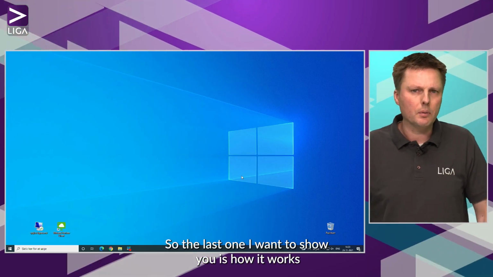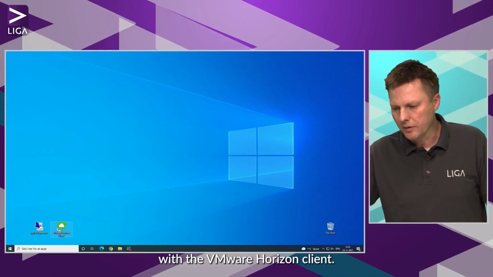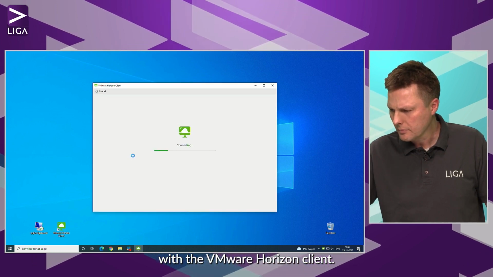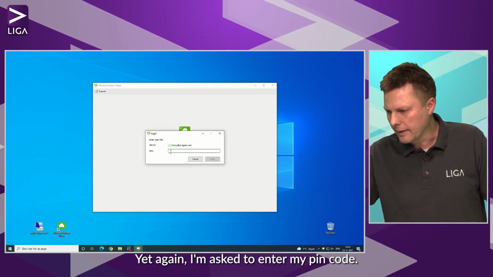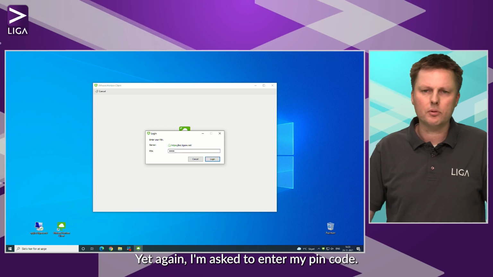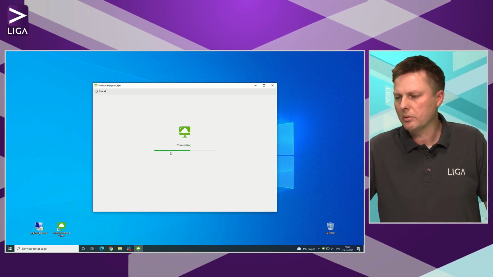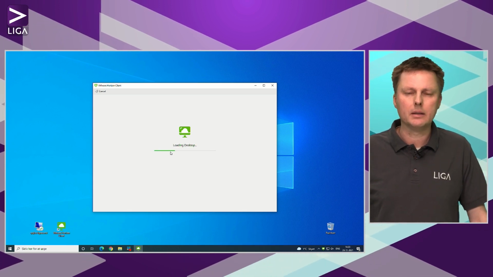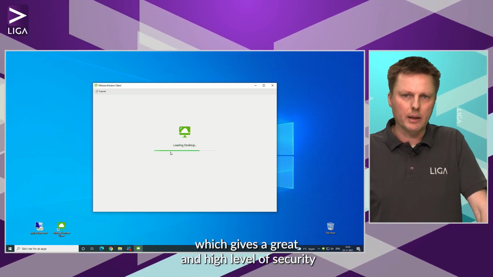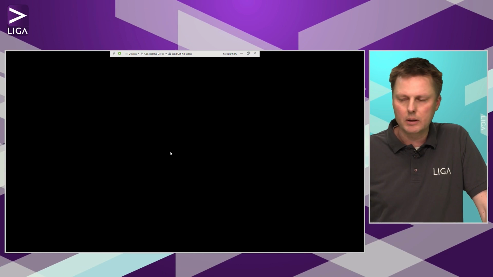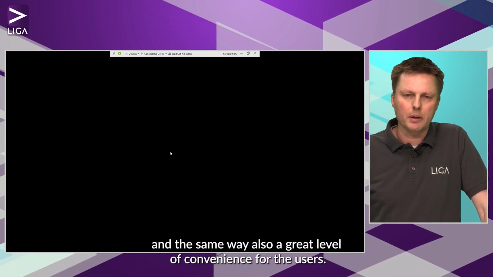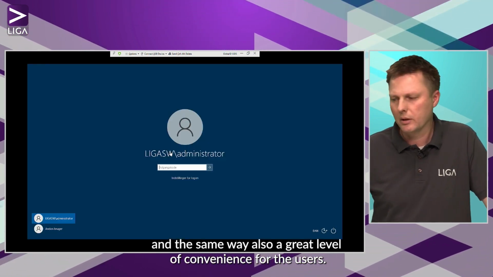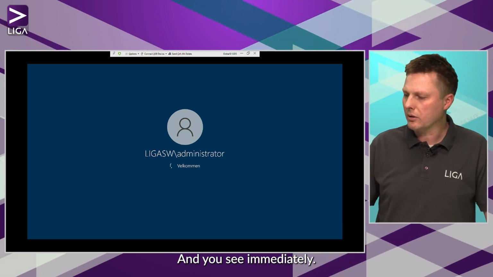So the last one I want to show you is how it works with the VMware Horizon client. Yet again, I'm asked to enter my PIN code. We have set up Horizon to only allow smart card login, which gives a great and high level of security, and the same way also a great level of convenience for the users. And you see immediately